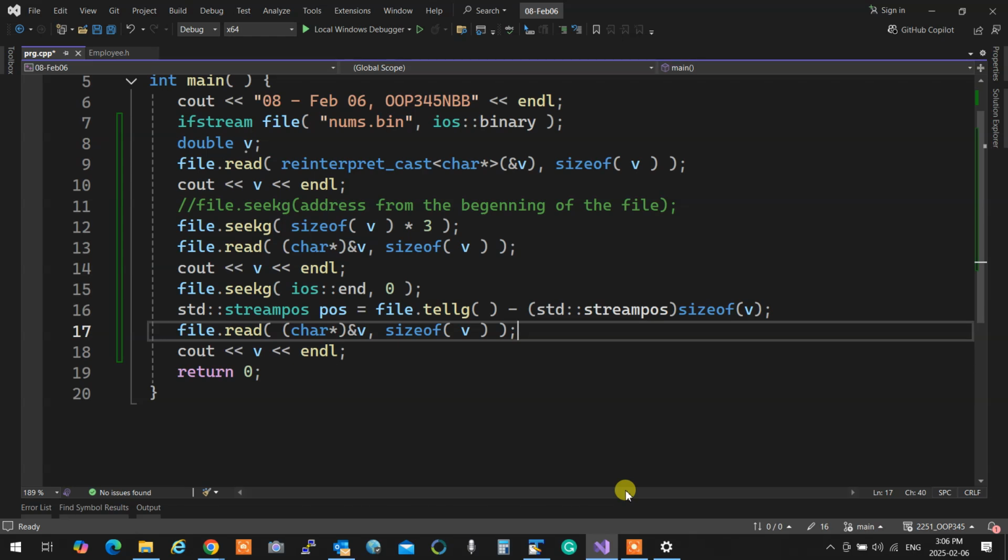You don't need to have a delimiter. I know we're going to waste lots of space, but we have lots of space now. When you are dealing with text files, you adjust the records to what it is. But with binary files, all the records are the same size. No problem. You save everything and you're done. But be careful, you cannot save classes with resources. Remember that. Classes with resources, if you save it, what's going to happen? It's going to save where the address of the name was at the moment that you were saving it. And then you bring it back, it's not going to work out. I'm going to show you how to do it.